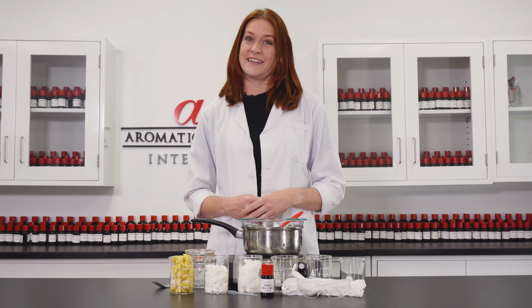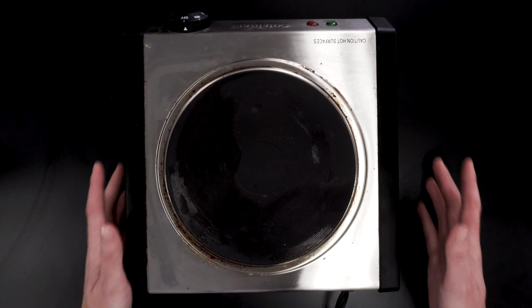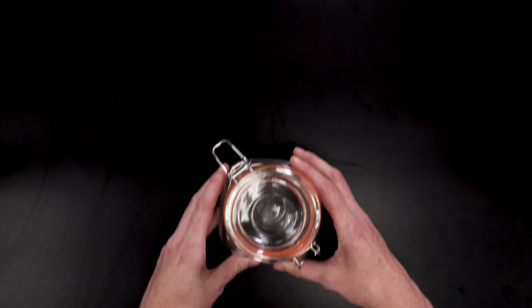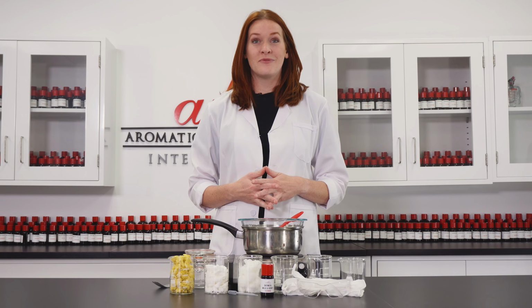For supplies, you'll need a double boiler with a glass bowl, hot plate, a spatula, a whisk or fork, a pipette, a sealable container for packaging. We'll be making about 15 ounces of body butter, for which you'll need